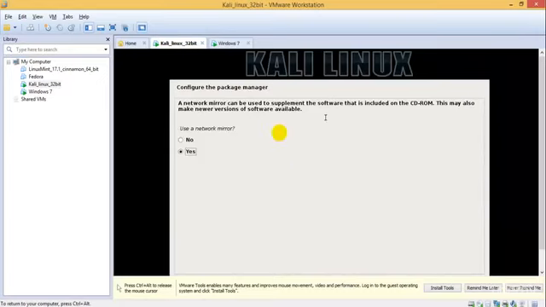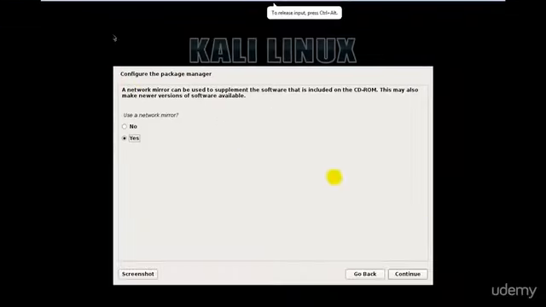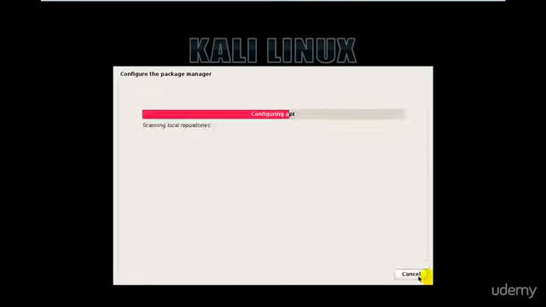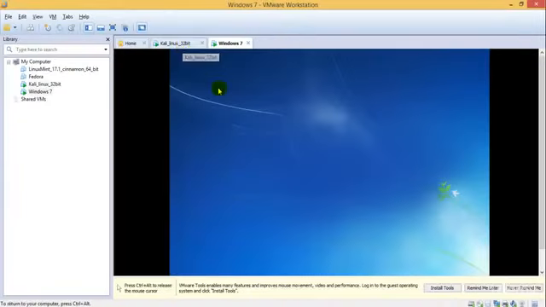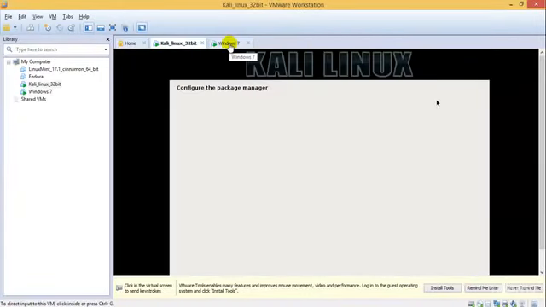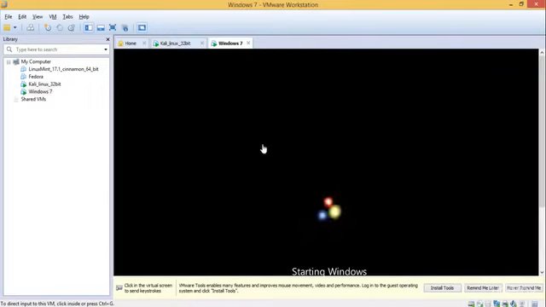So let's check, okay, we have our Kali Linux installed. Let's go ahead and check it over here. Use a network mirror: no. It will take hardly a few minutes to install this. It's almost over. Same over here. So let's wait till these things get installed.